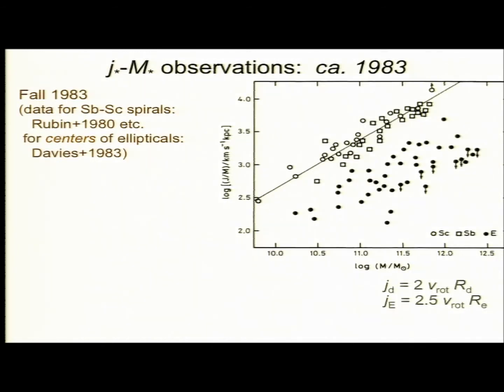Here are observations from 30 years ago that Mike put on this diagram, and you may have all seen this at one point. These are the spiral galaxies, and these are elliptical galaxies here. You can see this tight correlation for the spirals in particular. The way you get at this diagram, I'm not going to discuss in the talk how these numbers are made, but you can think of it as a connection